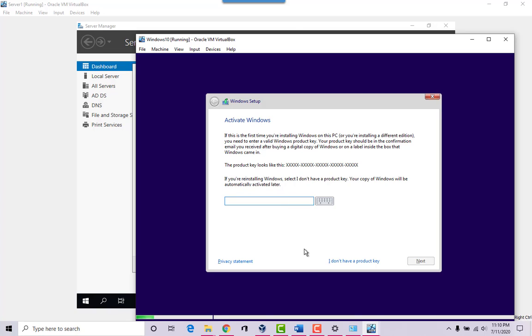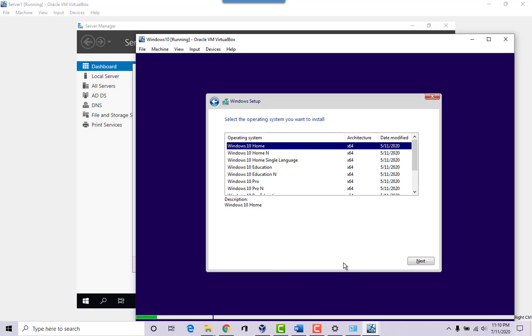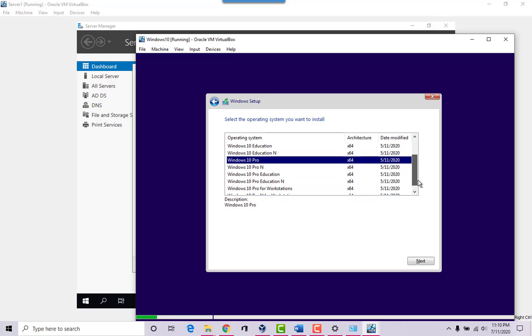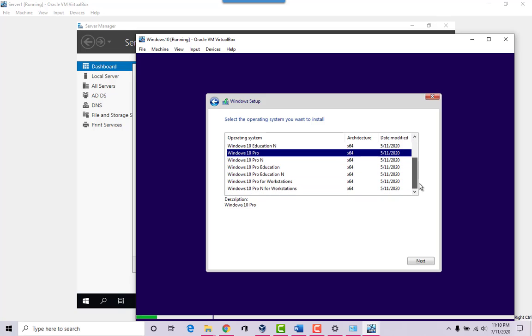Alright, so on this one, you say I don't have a product key. We are going to install Windows 10 Pro. I believe those are our only options here that are good.